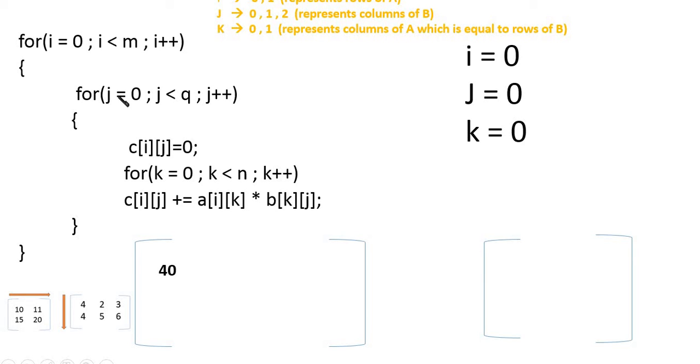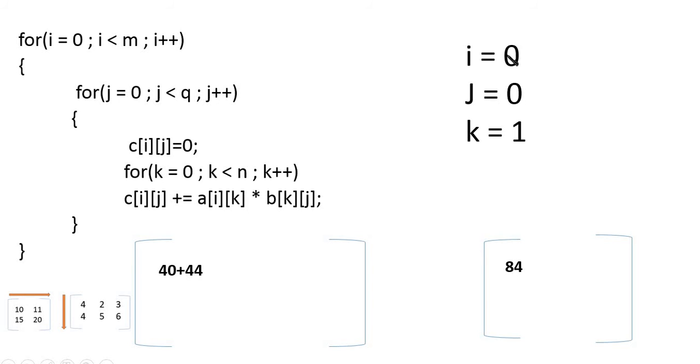Okay, and every time you need to make C of ij 0, that is, the elements that we place here will be initially 0. So we'll see how it works with this example. See, I is 0, j is 0 and k is 1. This is what you get. Then when you make k as 0, you'll get this value. Then when k becomes 1, you get the second element. Then j becomes 2 and k is 0, you'll get this. j becomes 2 and k is equal to 1, you get that.